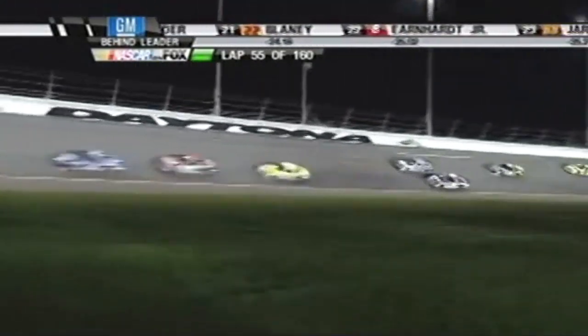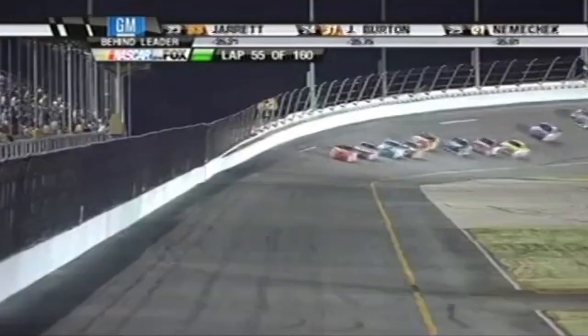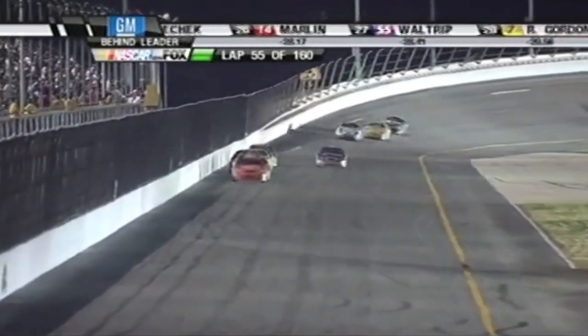Well, there have been 8 night races here at Daytona, and there have been 7 different winners. Jeff Gordon's the only one that's won twice. A couple of guys sitting up there wouldn't mind adding their name to that list. Happen to be running second right now. He'd like to get a win here at